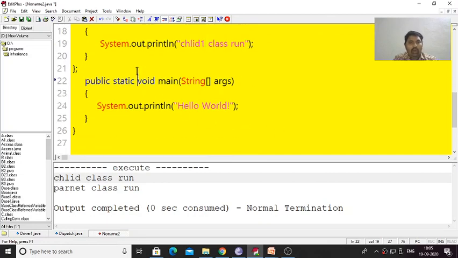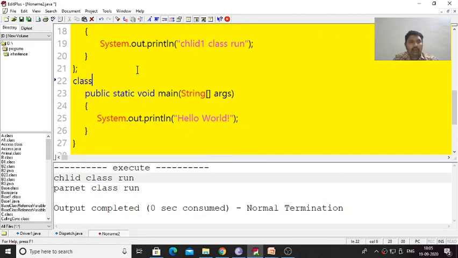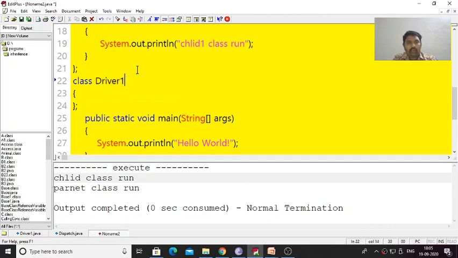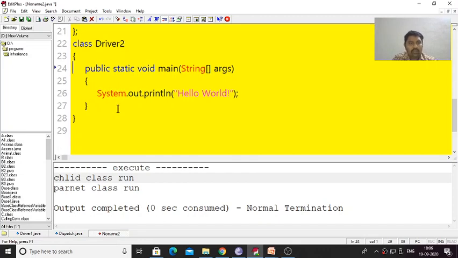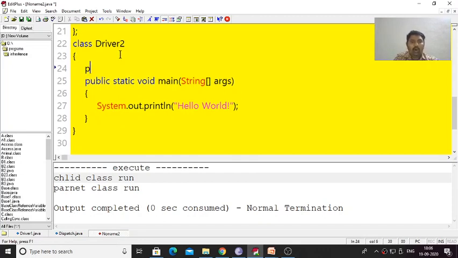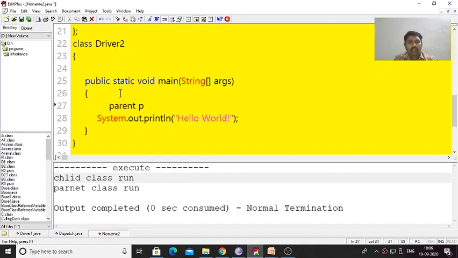Now we create our driver class, driver 2. What we are doing is creating the object for the parent class: Parent p is equal to new Parent().